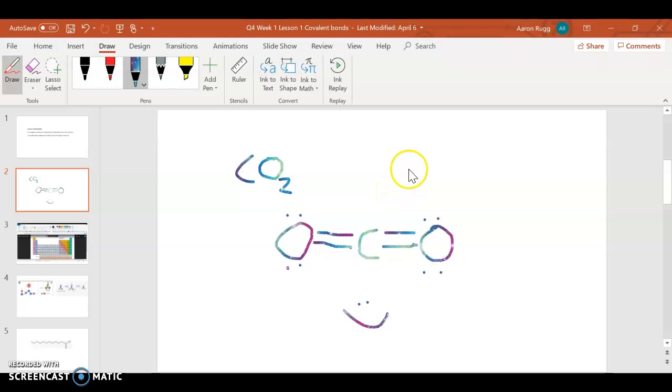Okay, so let's do another one. This is carbon monoxide, CO, right? So let's do the same process, right? Form a bond here. 1, 2, 3, 4, 5. 1, 2, 3, 4, 5, 6, 7, right? So now I'm going to get rid of